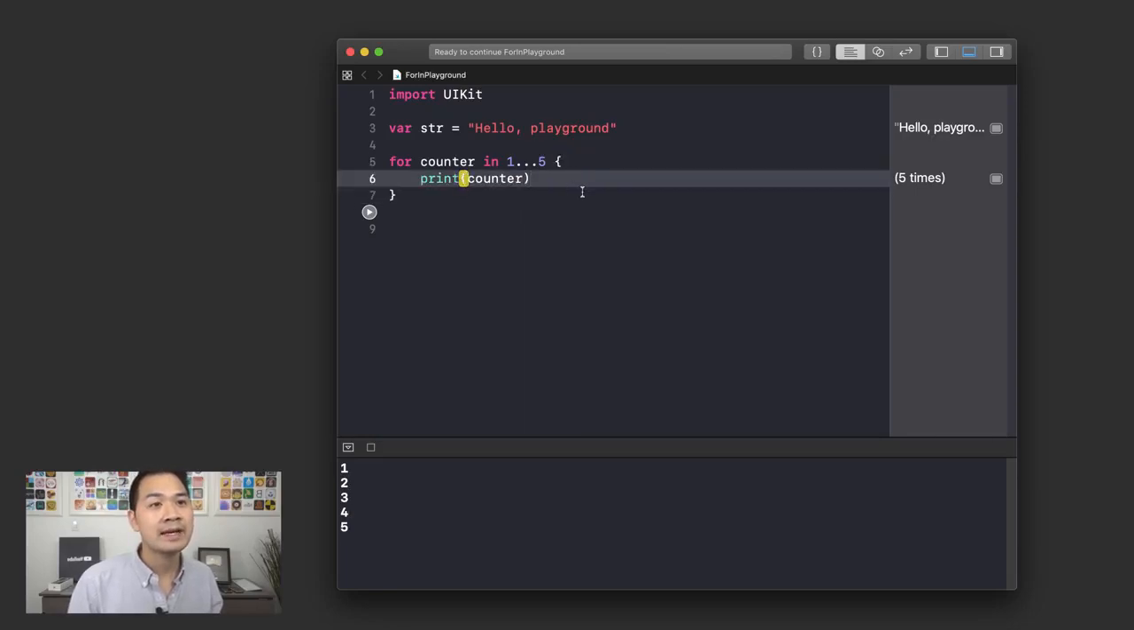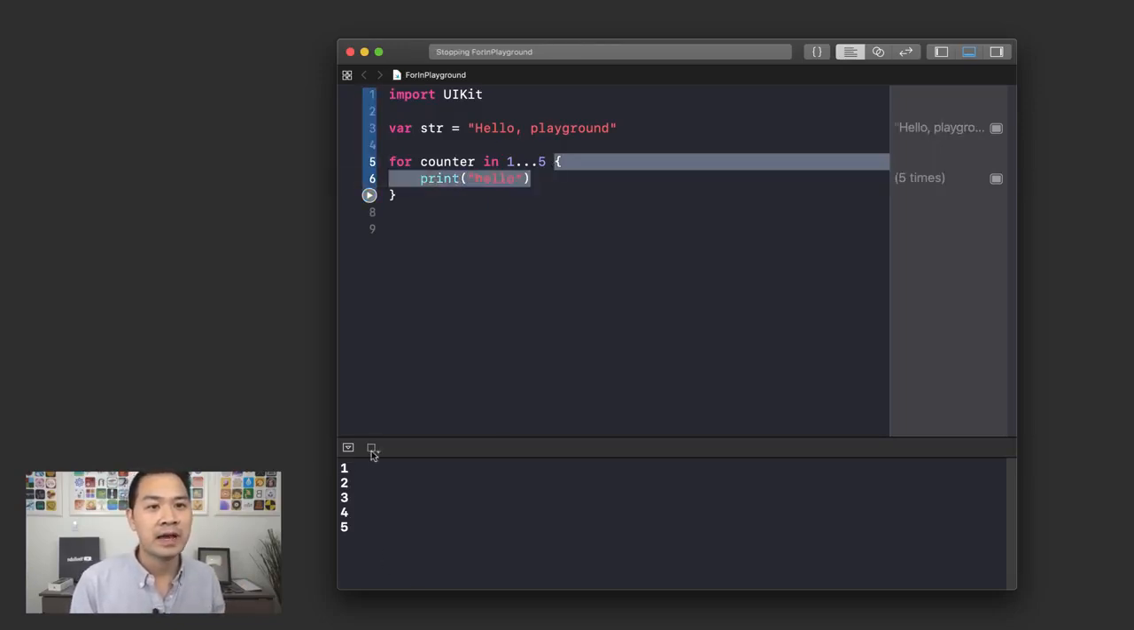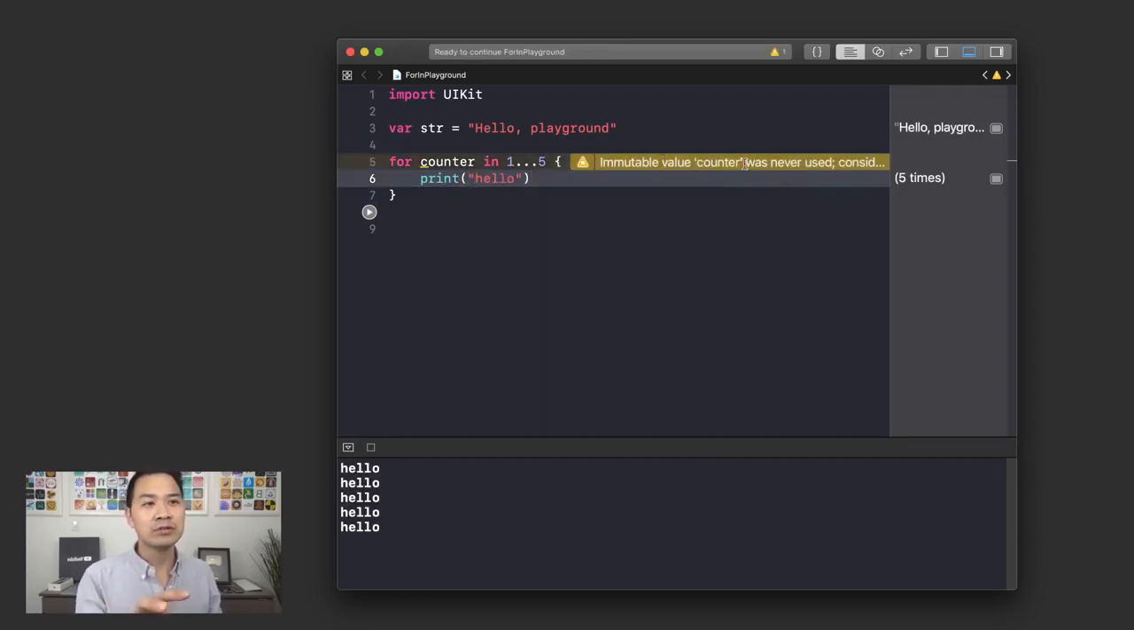Now, one cool thing is that you see that there was this yellow warning here, and that was Xcode just telling us that, hey, if you don't need to use that variable, then you don't have to specify it. But since we started using it in this print statement, that warning's gone away. So let me tell you what that warning was all about. Why don't we go back to hello? And then that little warning is going to come back. And it's telling us that this counter was never used. Consider,